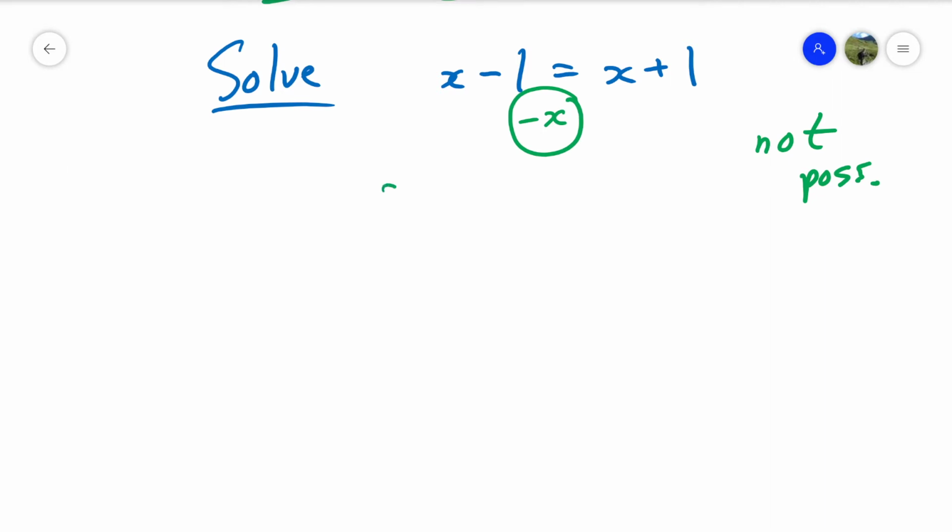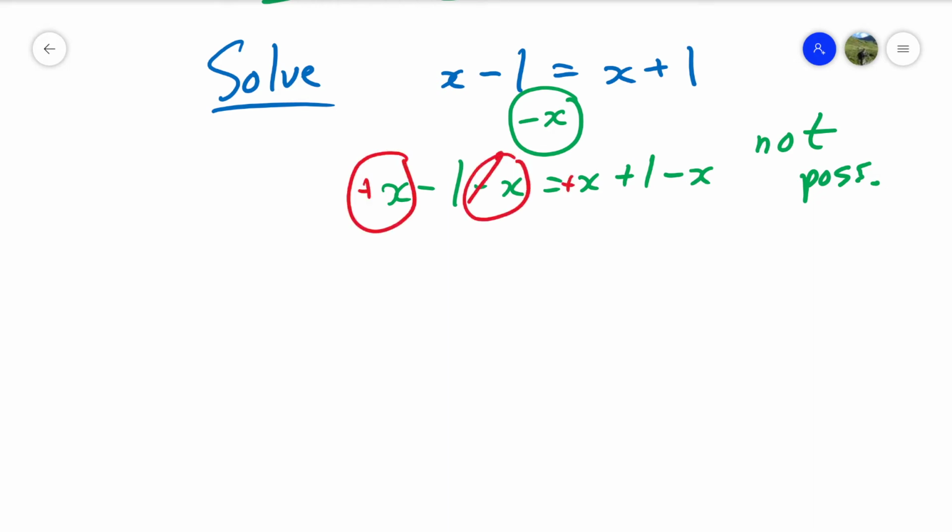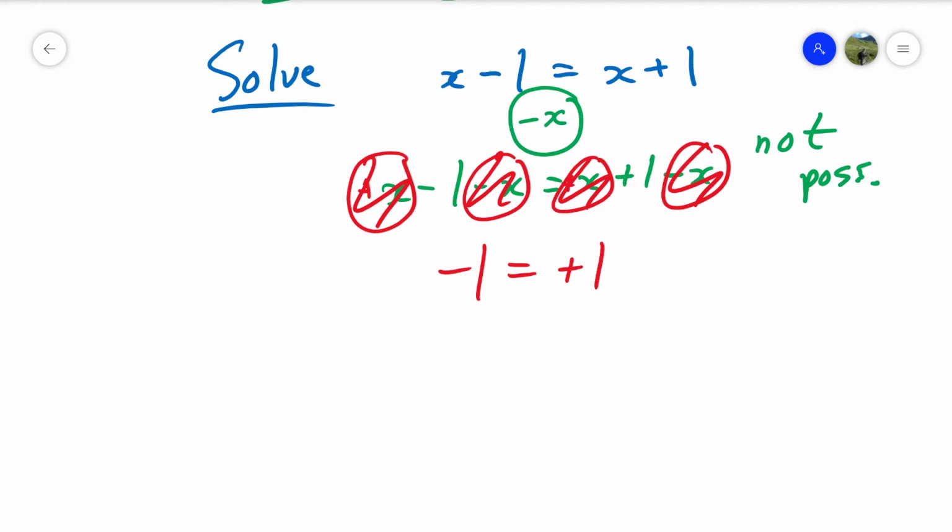Oh wait, that means you've got x minus 1 minus x equals x plus 1 minus x. And just to absolutely spell this out, there's a plus in front of that and a plus in front of that. So we've got a plus x and a minus x, so they cancel on the left. We've got a plus x and a minus x, they cancel on the right. So we've now got minus 1 equals plus 1, which for starters is impossible